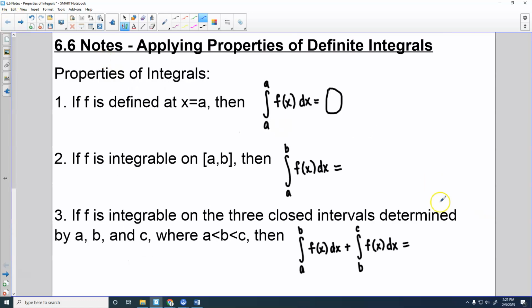Okay, I think I know what that one was supposed to be. So, if f is integrable on [a, b], then the integral from a to b of f of x dx is going to equal, this property has to do with going backwards, right? So if I switch these limits, so if I go from b to a,